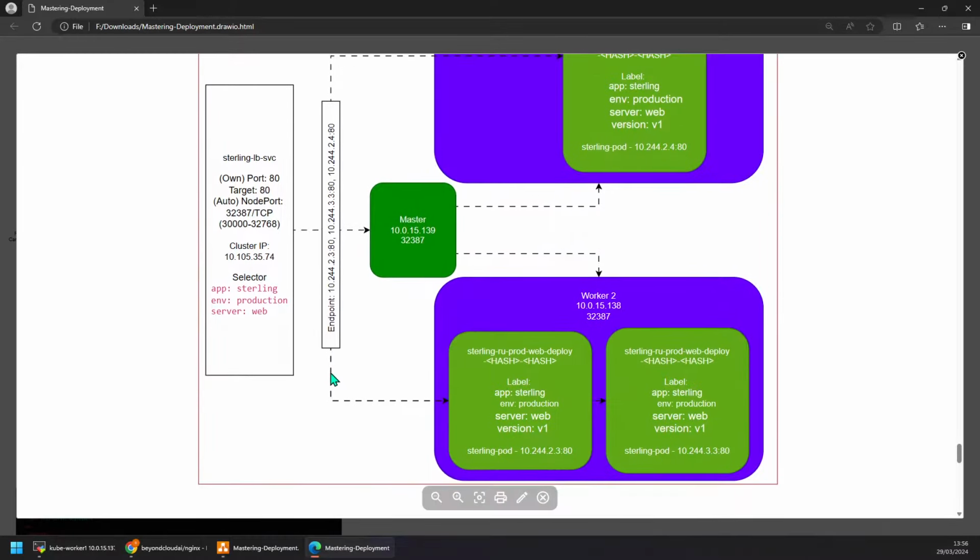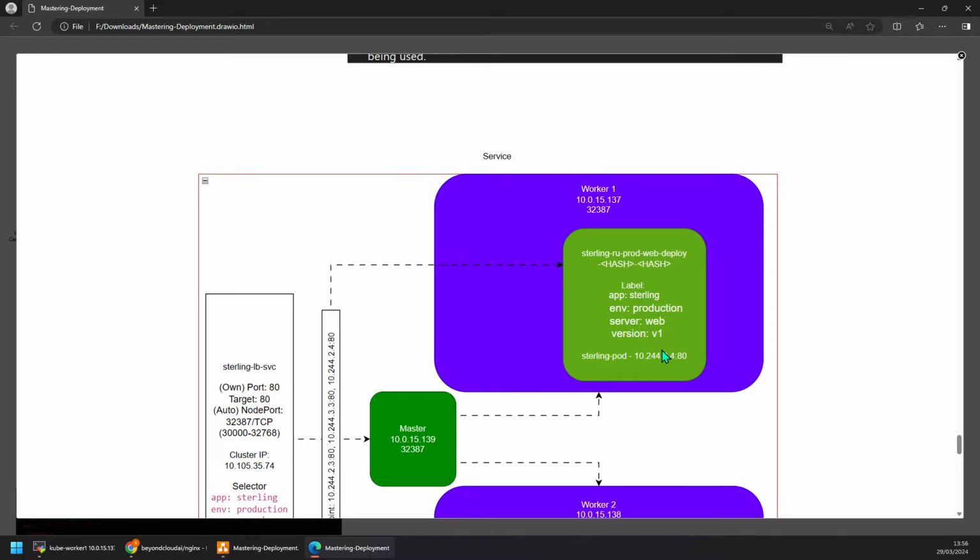Thanks again for your time. There are obviously options to verify your service, options to verify your endpoints, and options to verify your pods and your containers in a pod. All those things we will talk about later